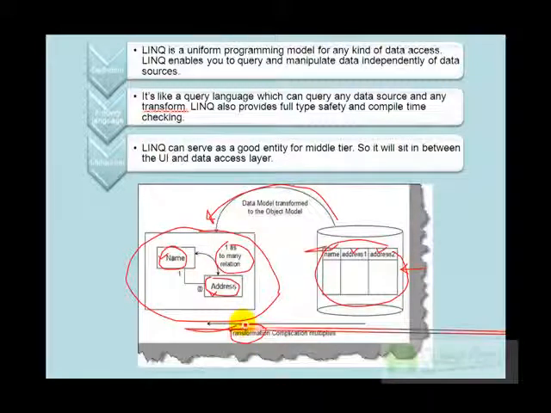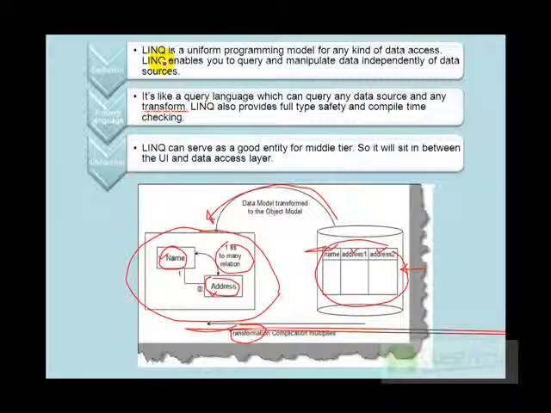Now what developers normally do is write logic by which they read the data set or the data reader, and then they create classes and create this aggregation relationship. Now all of this can be done very easily by LINQ using the transform feature of LINQ. And because of this feature, LINQ becomes a very good entity for the middle tier. So in other words, the transformation mainly takes place in the business object or in the middle tier.